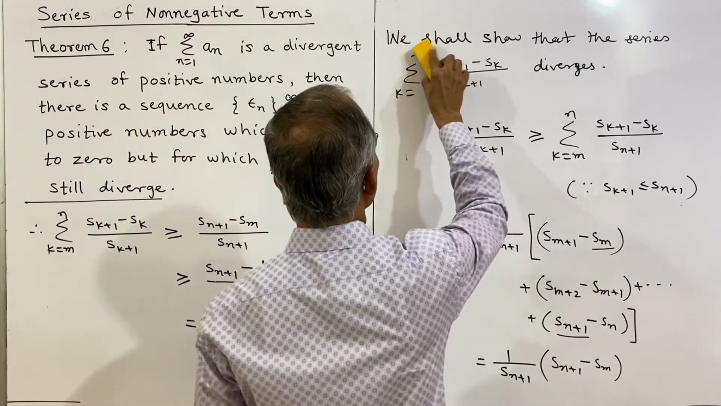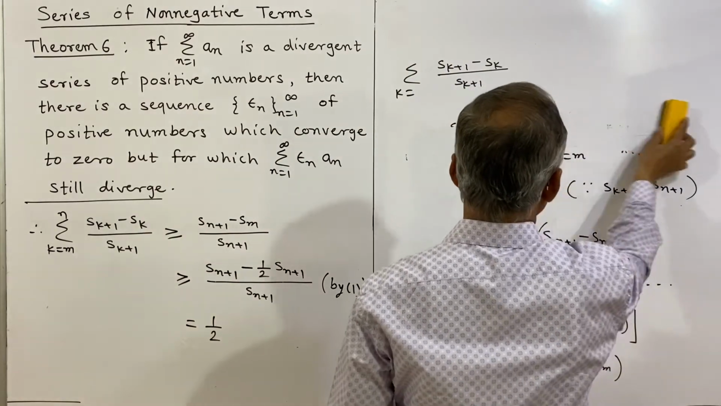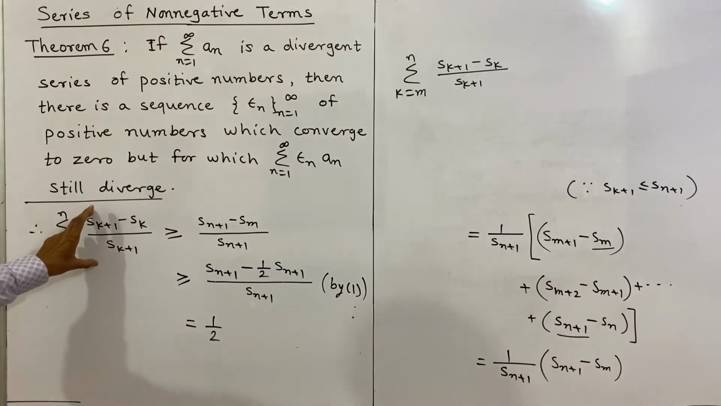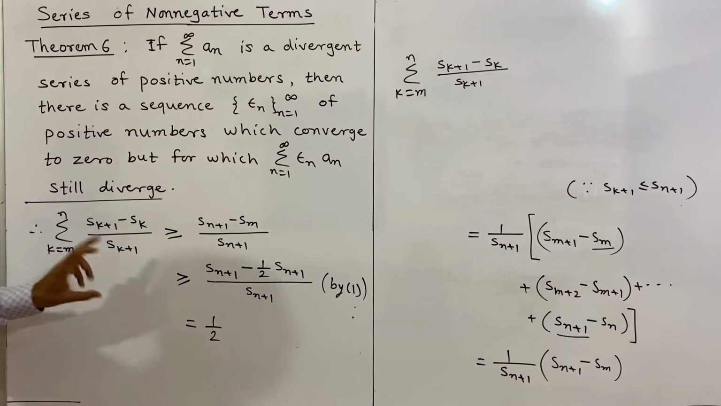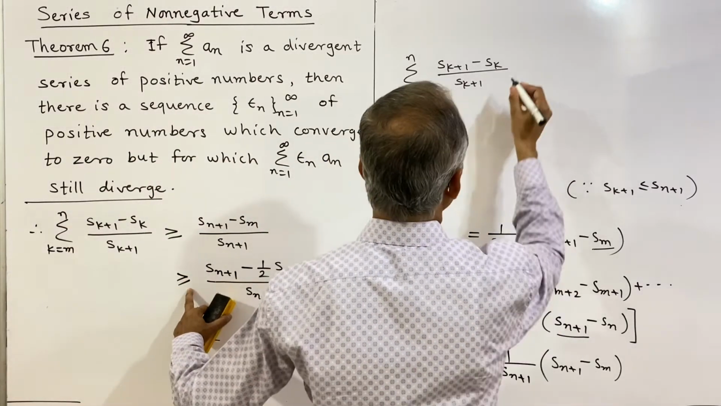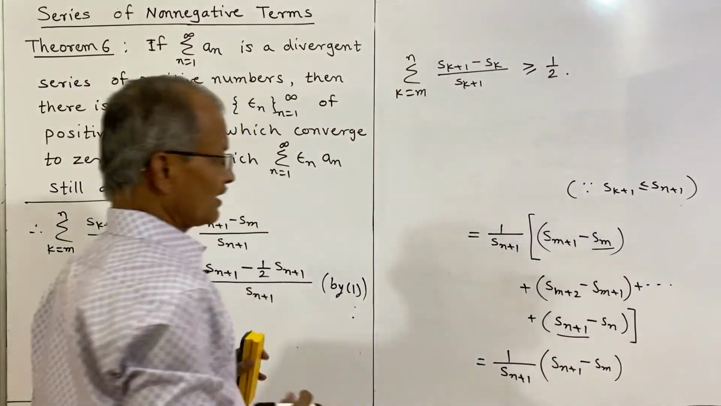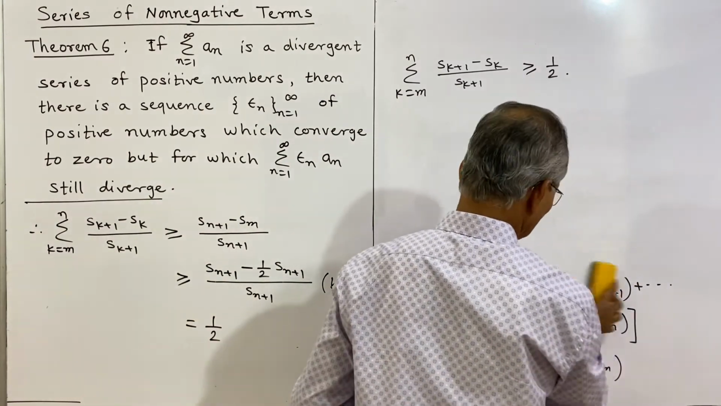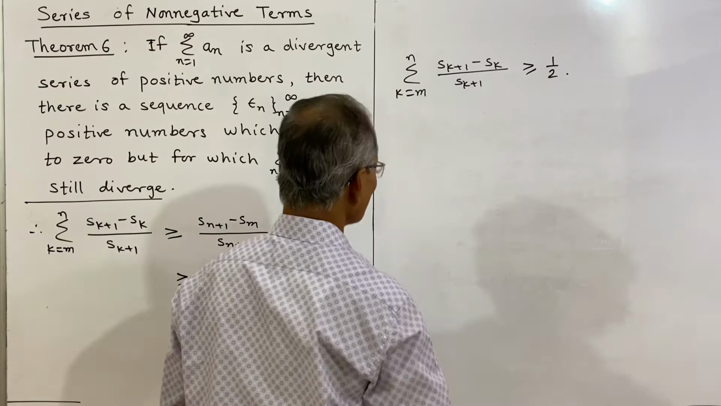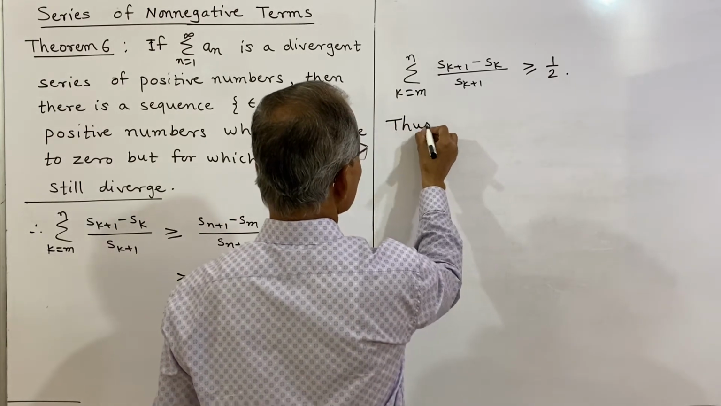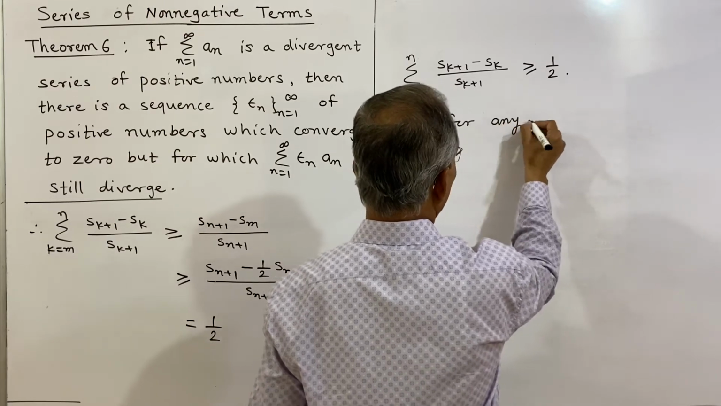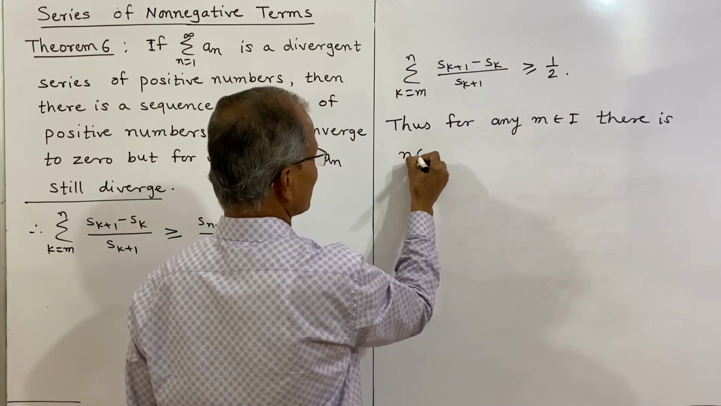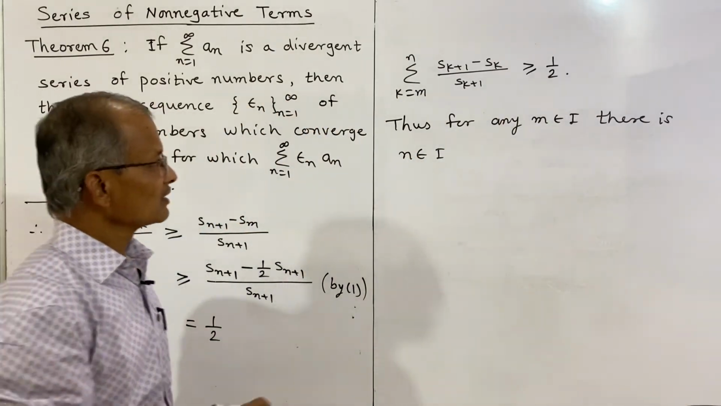Therefore, we have k takes value m to n of (S_{k+1} minus S_k) divided by S_{k+1}, and that is greater than or equal to 1 by 2. And thus, what we have obtained is, for any m belongs to I, that is a positive integer, for any m belongs to I, there is another positive integer n, such that